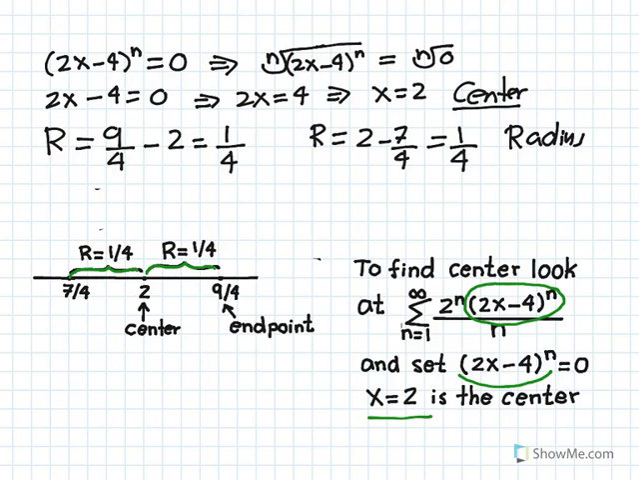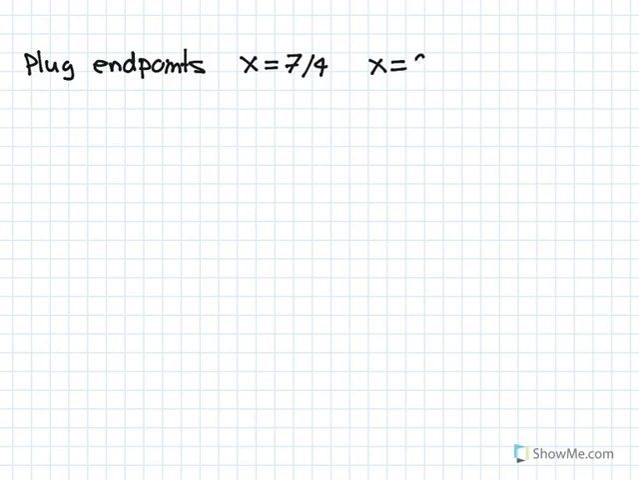But we still have to find out what happens at the endpoints. Recall that the ratio test doesn't tell us anything about the convergence of the power series at the endpoints. So those have to be plugged in separately into the power series, and we have to evaluate the power series to determine whether it converges or diverges at those endpoints. So plug in the endpoints, x equals 7/4, which is the left endpoint, and the right endpoint, x equals 9/4, into